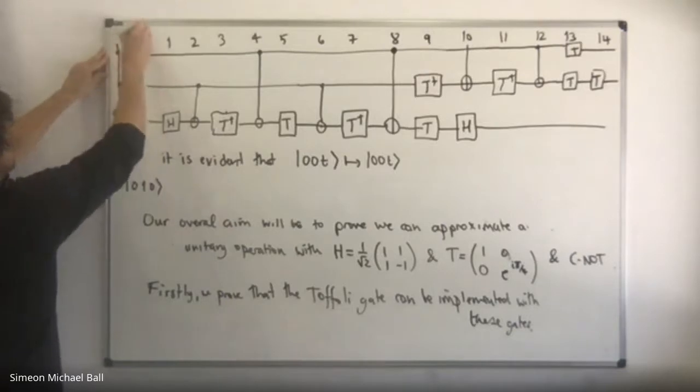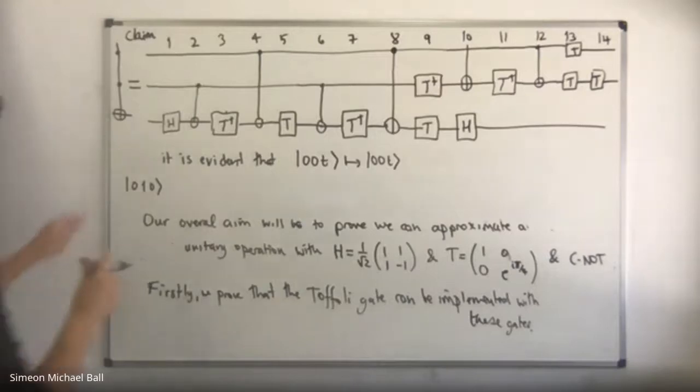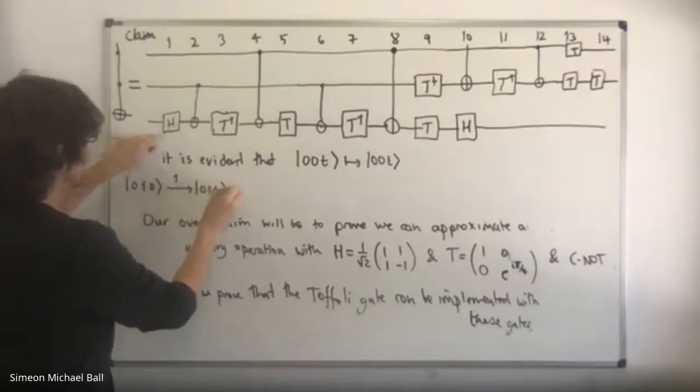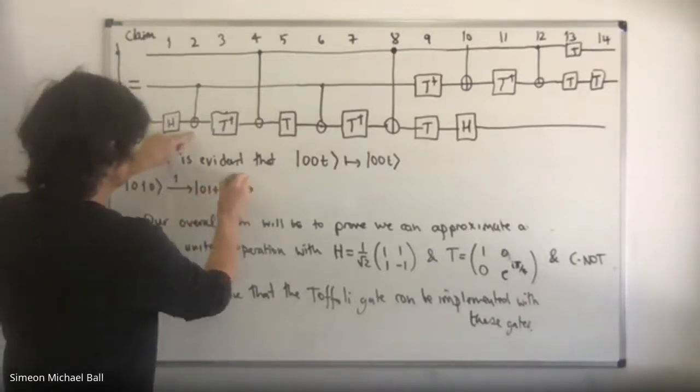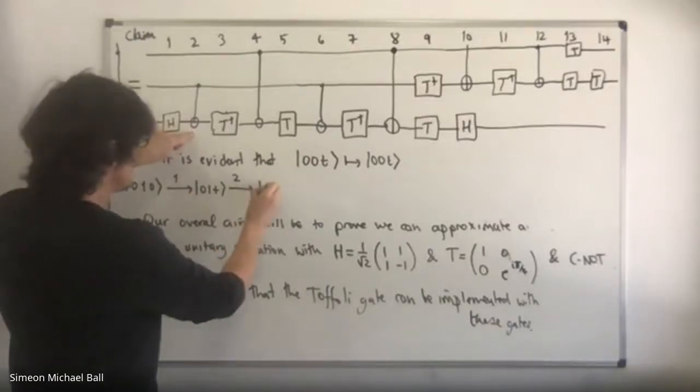So we claim, okay, this is topology. So 0, 1, 0 should go to 0, 1, 0. Let's see what happens. So this will be step 1, it will go to 0, 1 plus. Step 2 is now going to be a C naught,